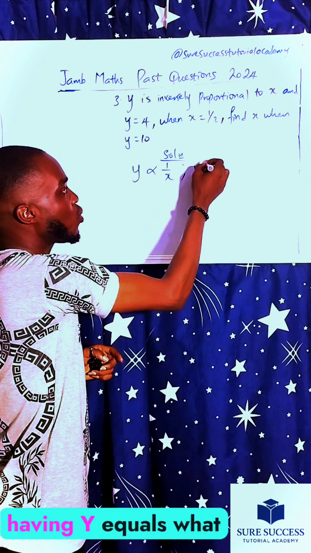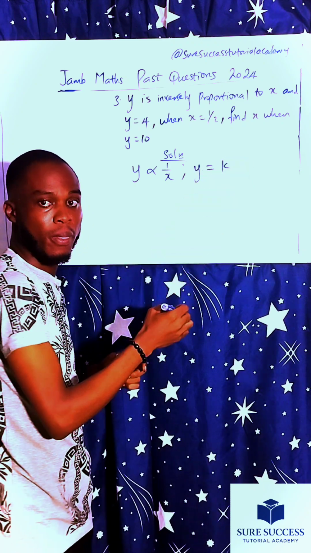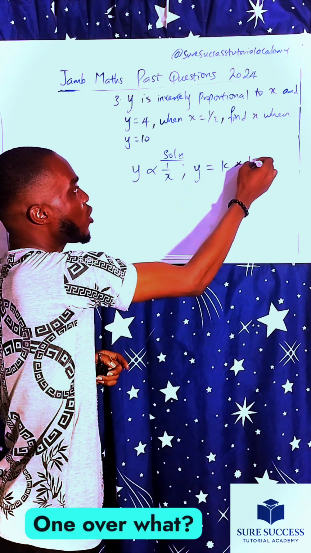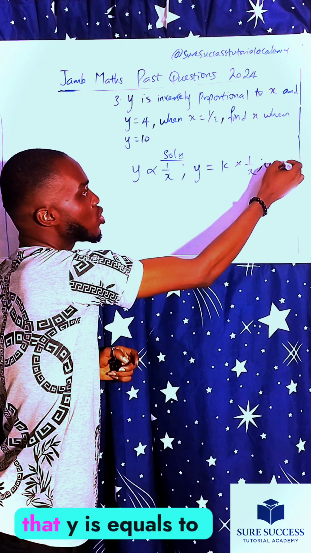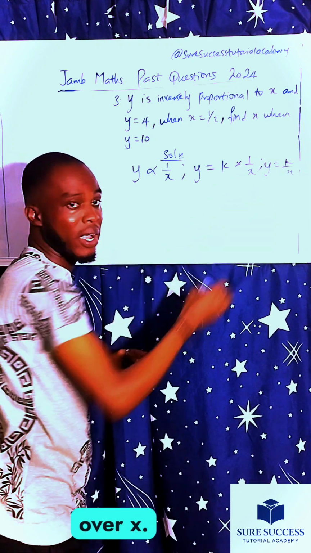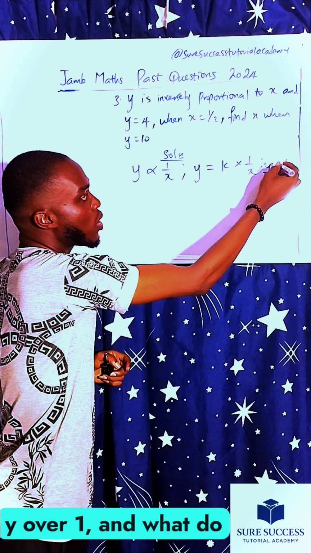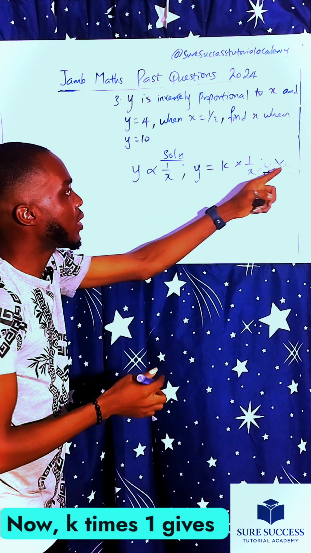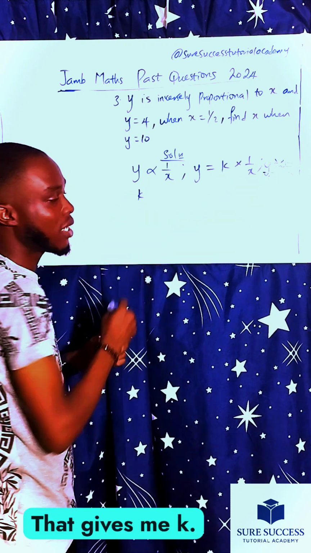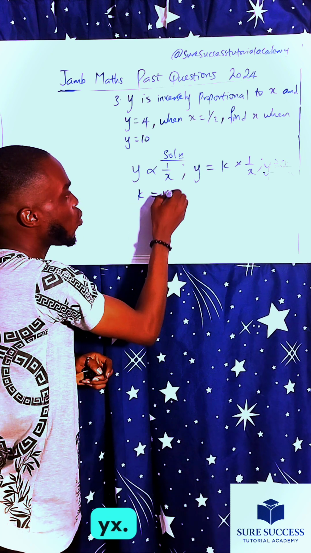So at this point, I'll have y equals, introduce your constant k, k times 1 over x. At this point, you agree with me that y is equal to k over x. Am I making any sense? So what do you have here? y over 1 equals k over x. What do you do from here? You cross multiply. k times 1 gives me k. y times x gives me